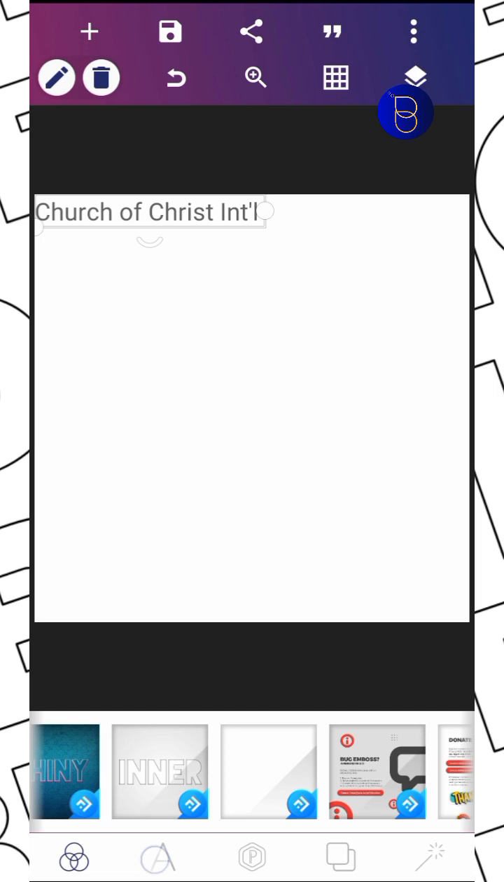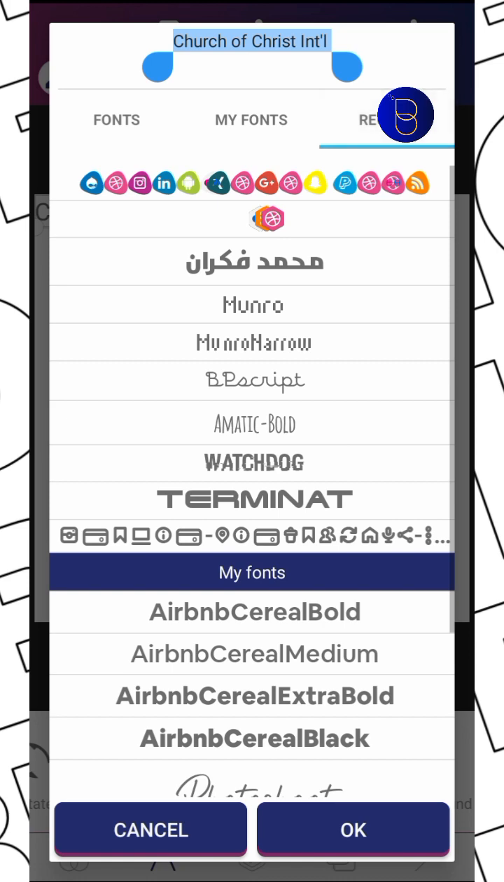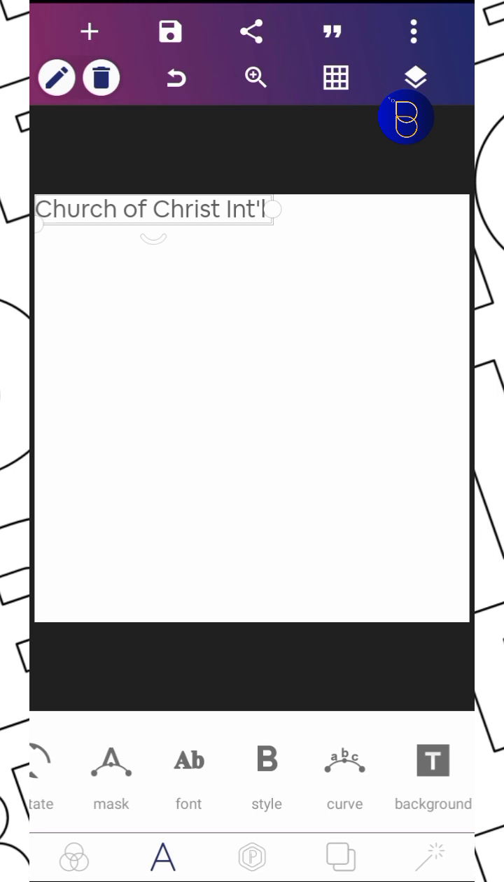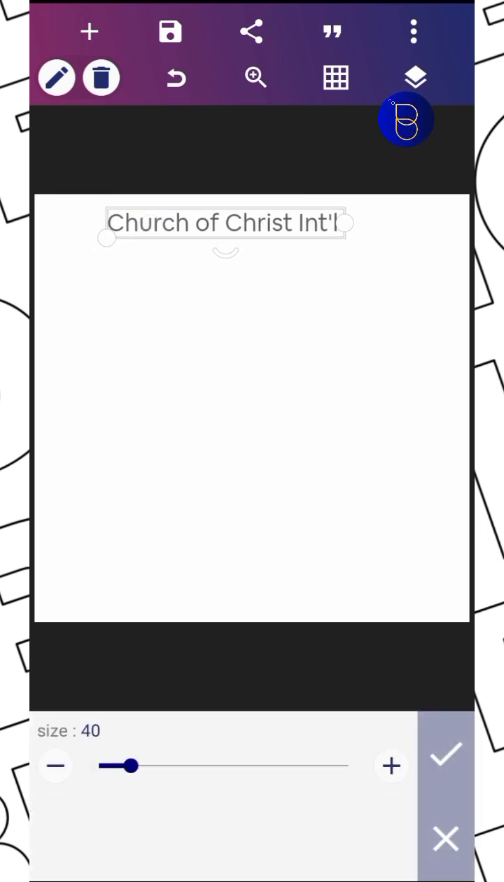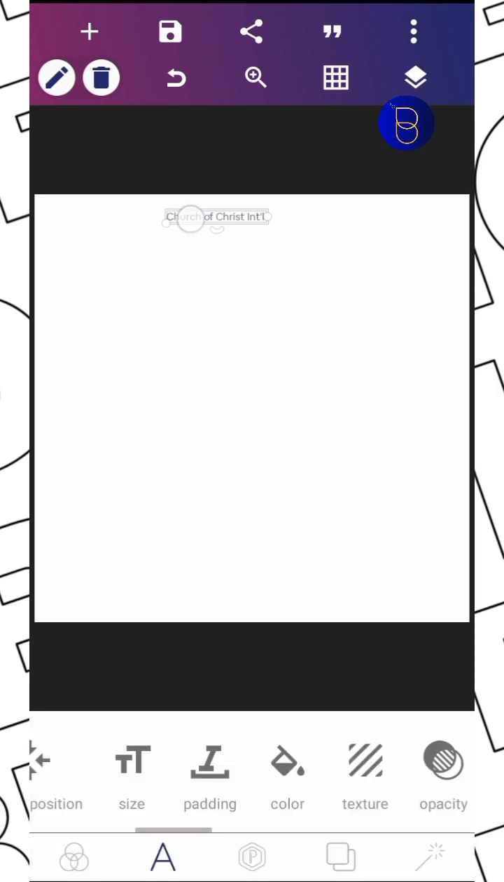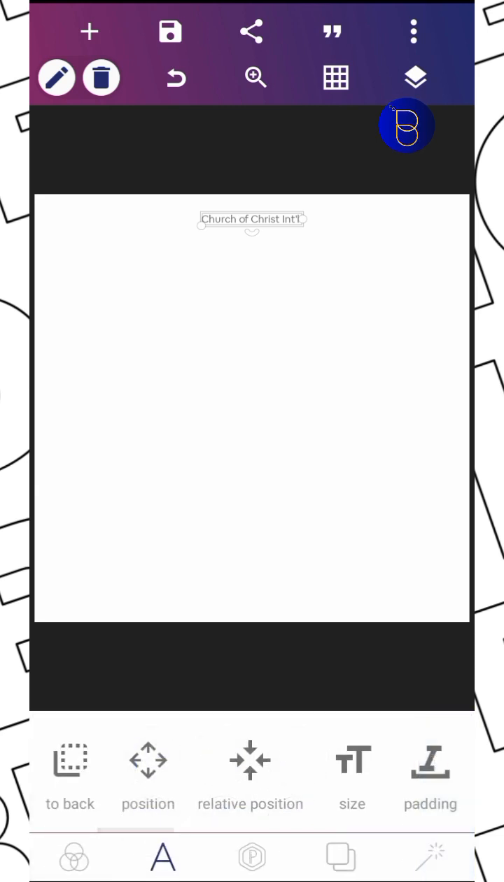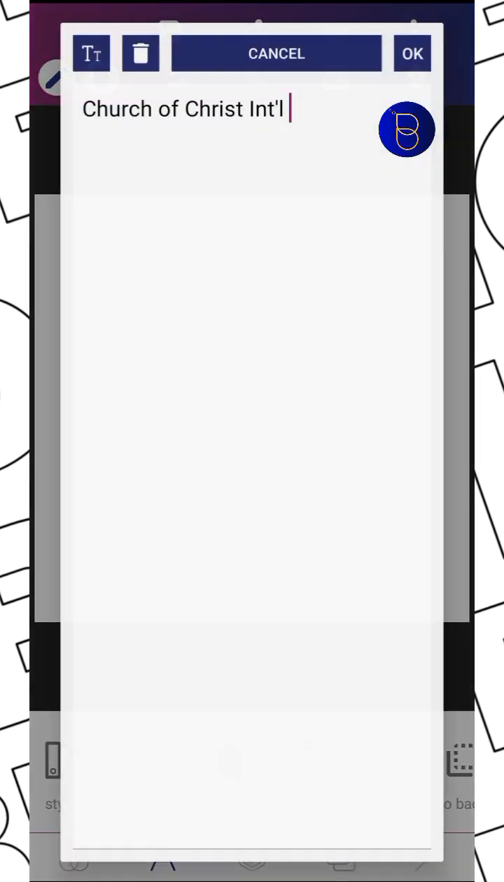Alright, so I'll give that the font. The font I used is this one right here. This one. Then I'll just reduce the size. So I use my relative position tool to place it in the middle. Then I'm going to make a copy of this, edit it,